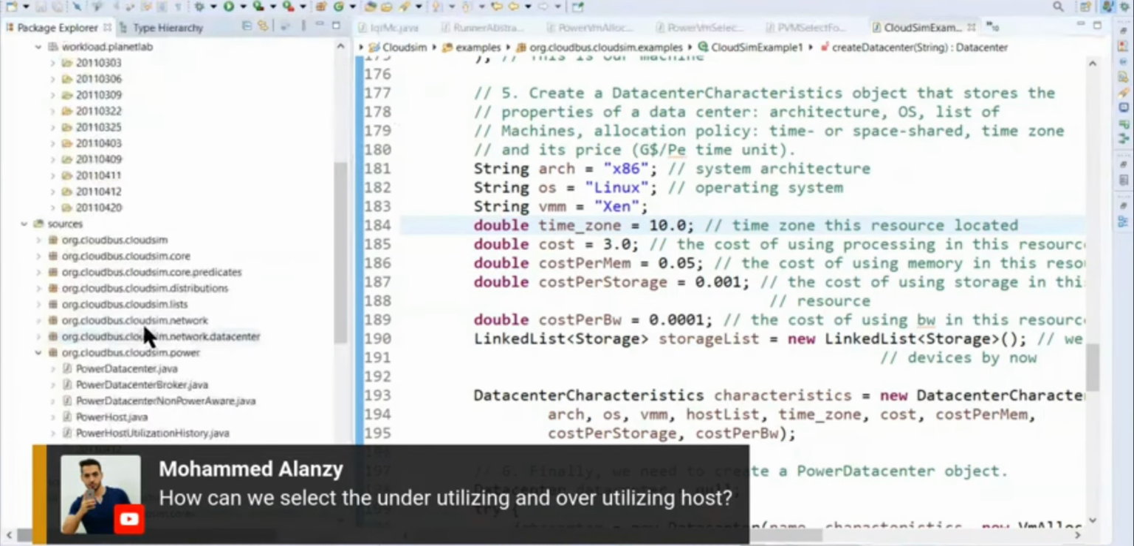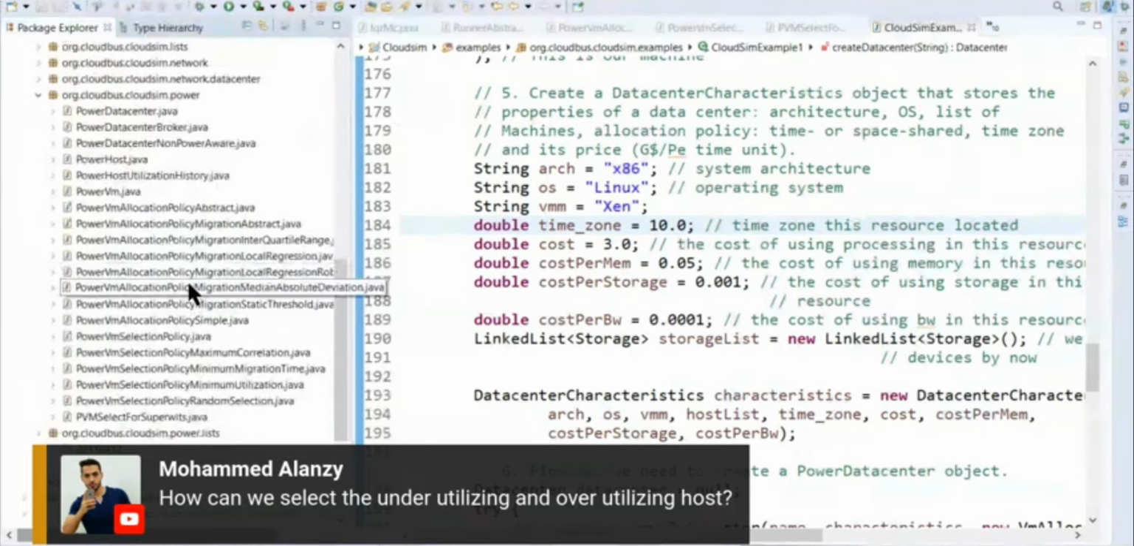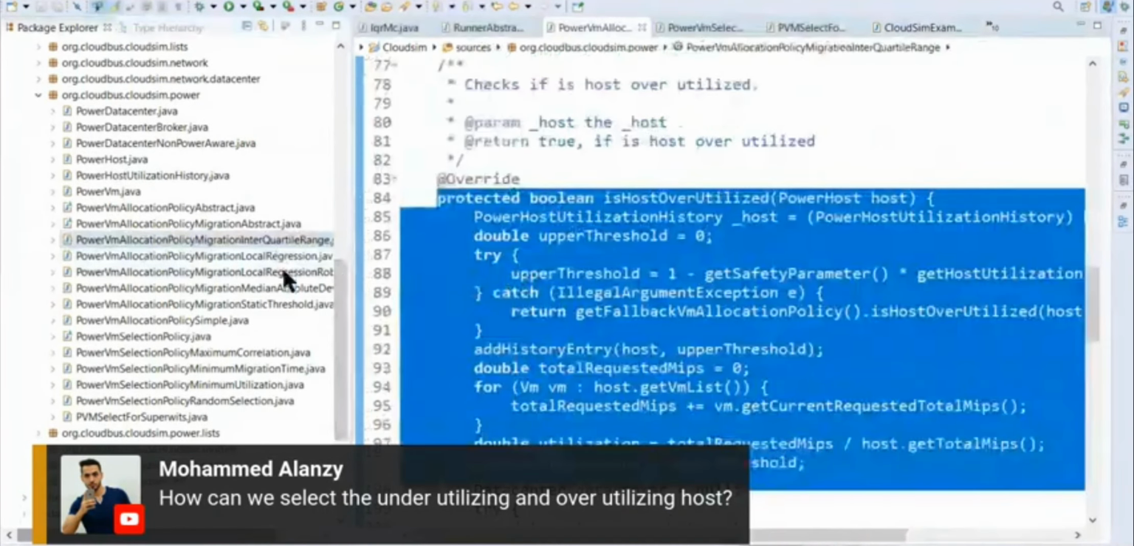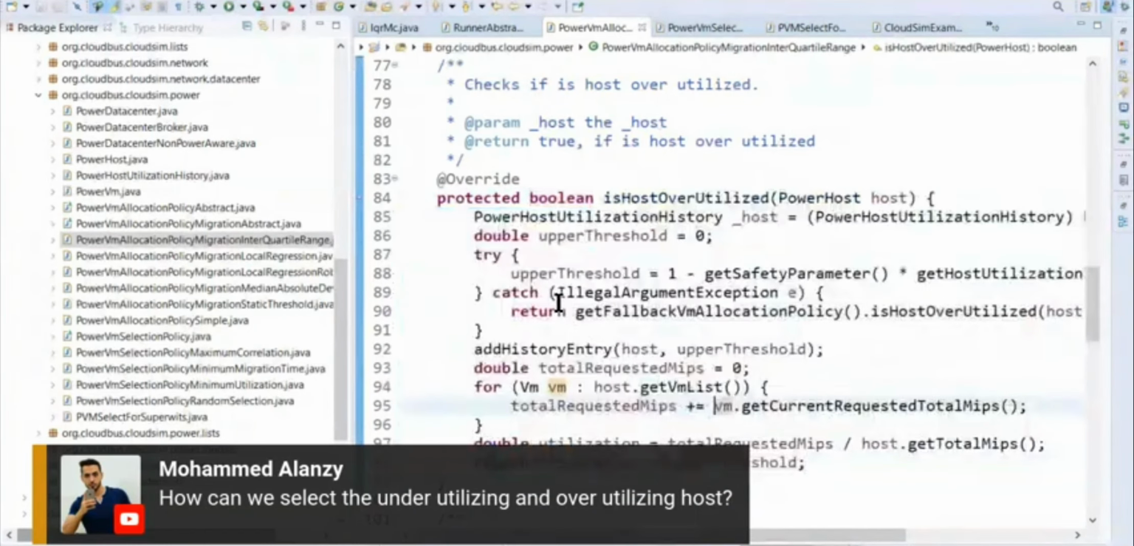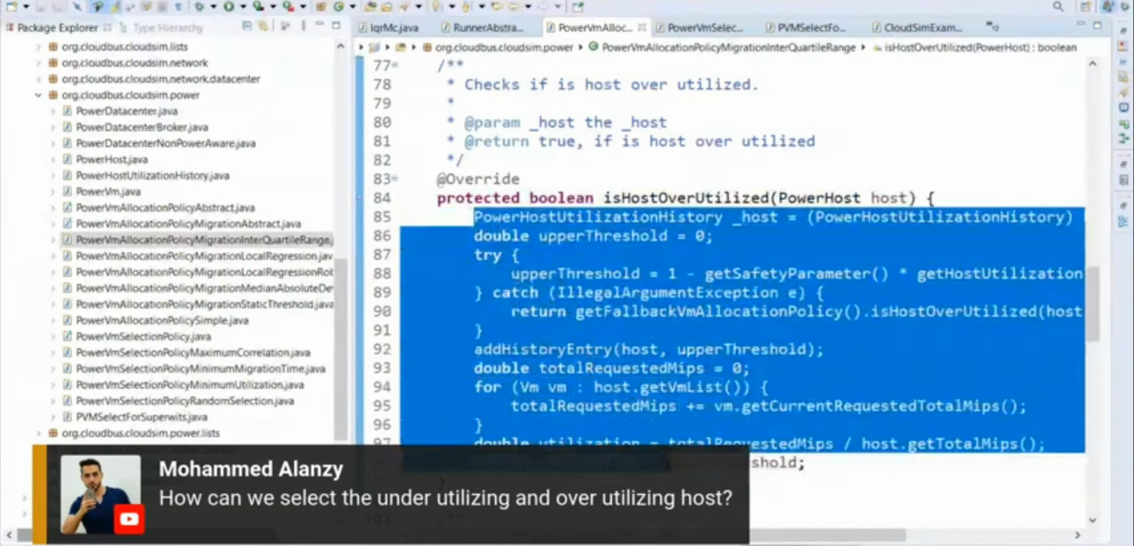Just to give you a quick pointer, in any migration policy, because it is extending the PowerVmAllocationPolicy abstract method, what you need to consider is the isOverUtilized method, right? So if you are considering your example, you can put your algorithm to put